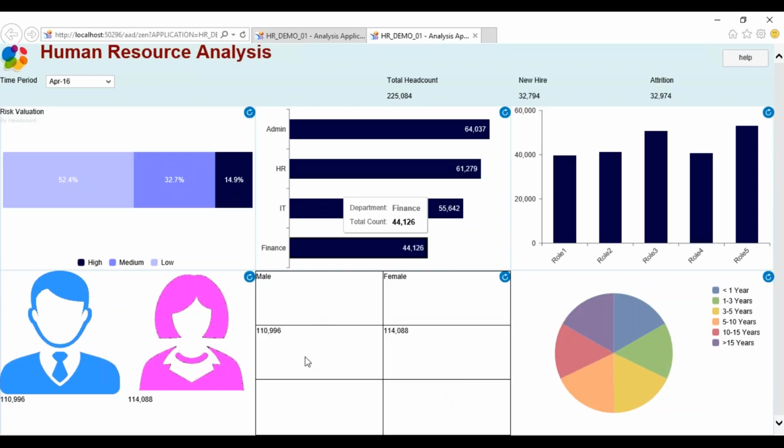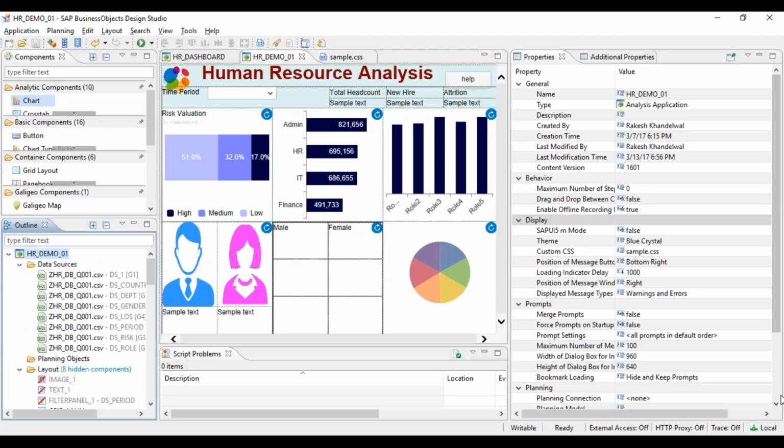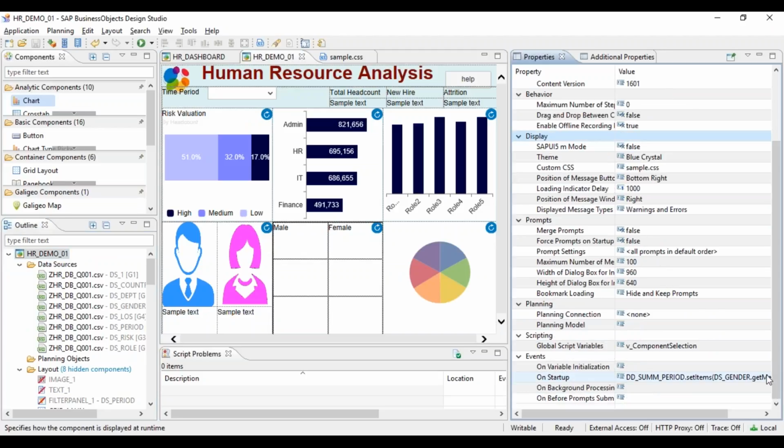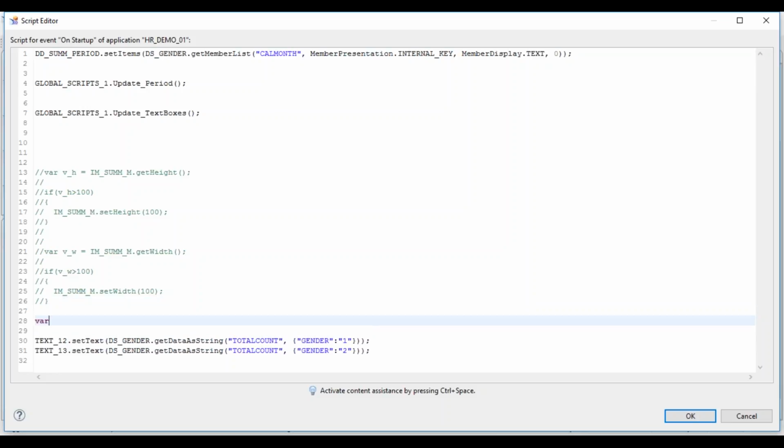Here we can do the manipulation. For example, instead of 110996, we want to show this data in millions or thousands. So what we can do is convert the value into thousands first. So this is my value. Let's define a variable test equal to.